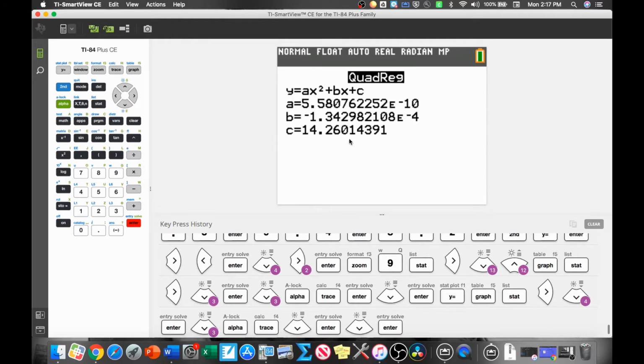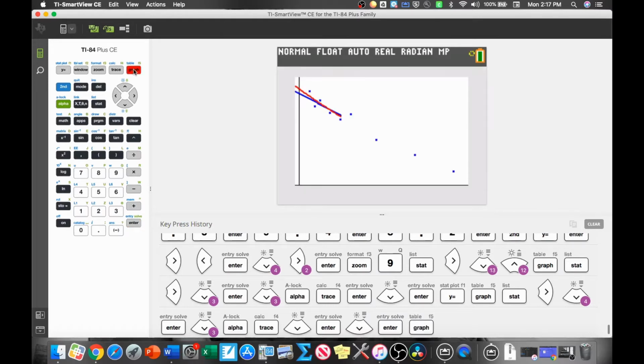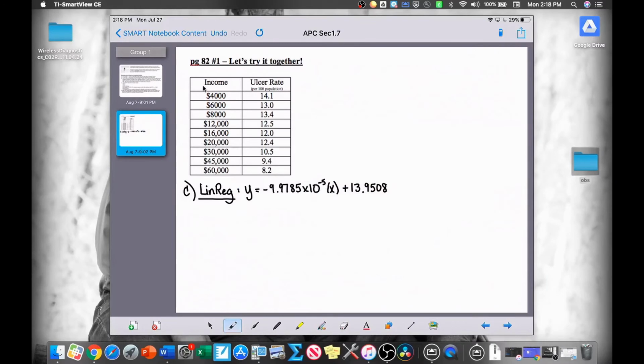And there's the model that it has provided for us, ax squared plus bx plus c. So then it gave us the coefficients for a, b, and c. And let's take a look at how it looks. Oh, okay. So there's the red line, there's the quadratic, and that looks pretty good. So let's go and write that model down, okay? So on our papers, our model for quadratic regression